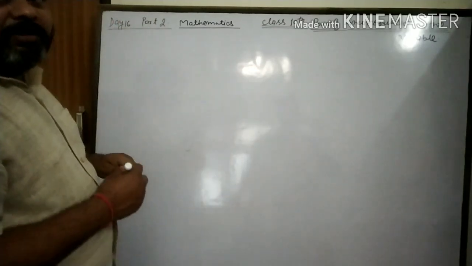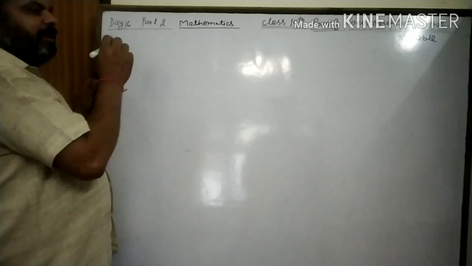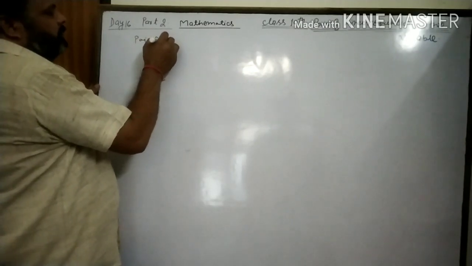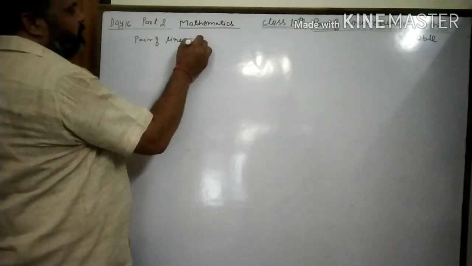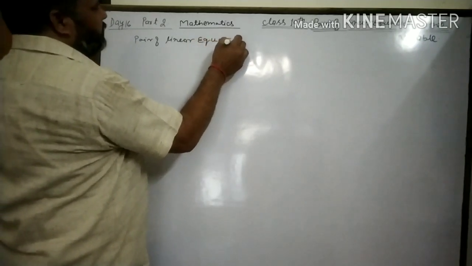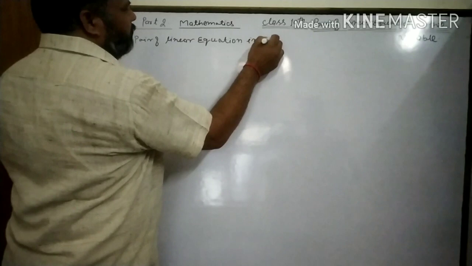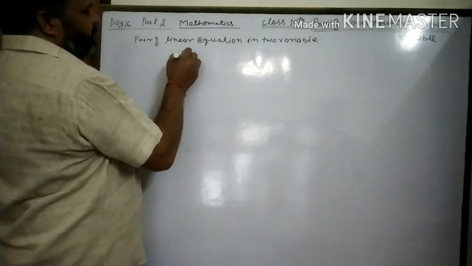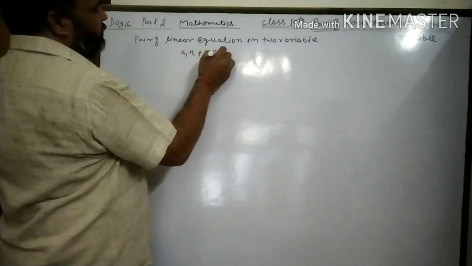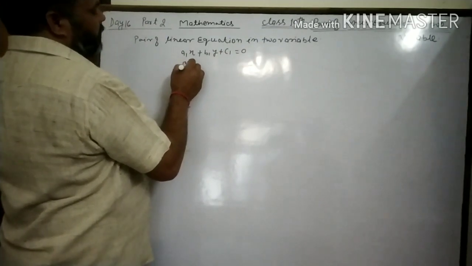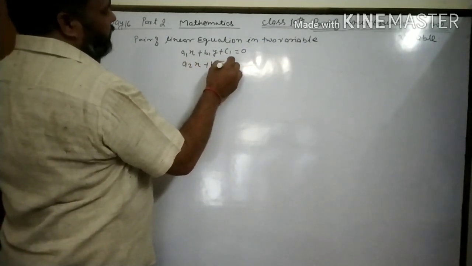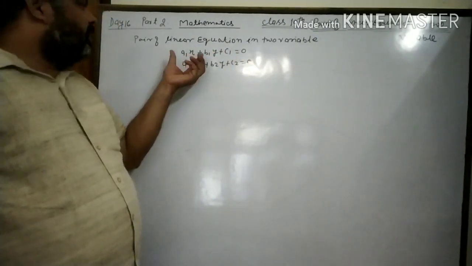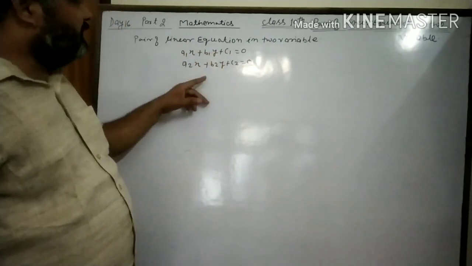In our last class, we discussed pair of linear equations in two variables, such that a1x plus b1y plus c1 is equal to 0 and a2x plus b2y plus c2 is equal to 0. Clear? And in this equation we can solve it, then we can find the value of x